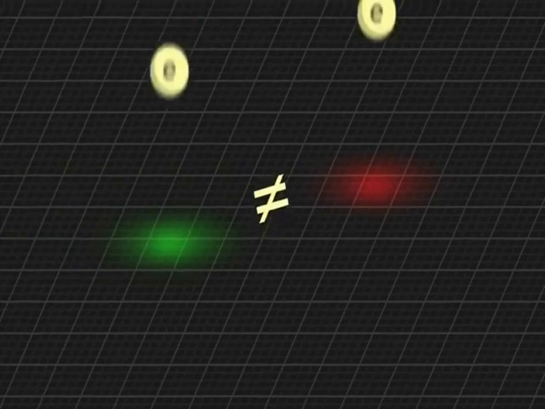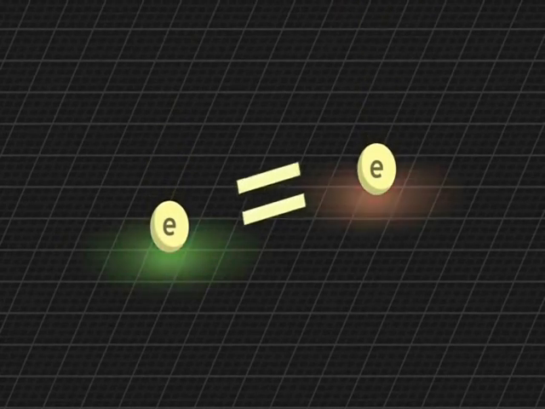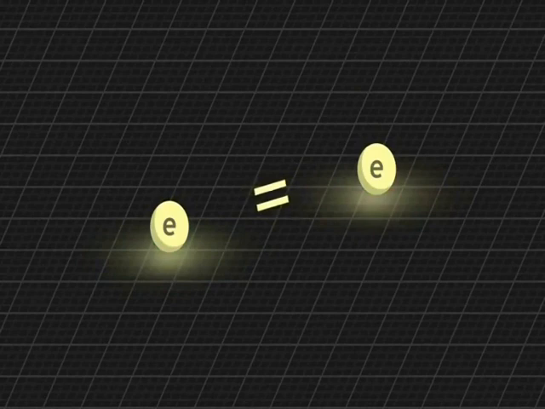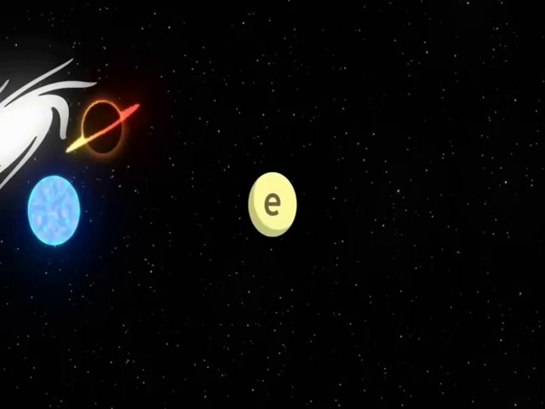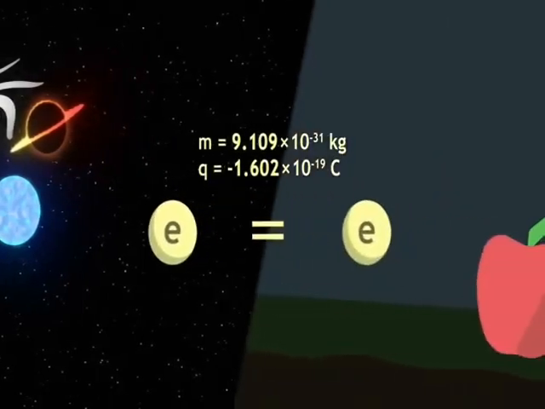Secondly, quantum mechanics treats each particle independently. However, within a family of particles, such as electrons, all exhibit the same properties and behaviors. How is it that an electron coming from the far reaches of the cosmos has exactly the same mass or charge as an electron in an apple?